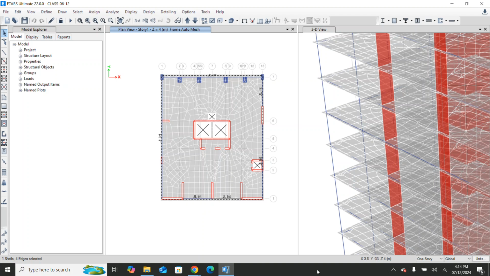Okay. So we assign the cell, and what have we done now? We selected all the frames, and we have assigned that. We selected all those frame types, and we have assigned the auto mesh. Now what we need to do? I'll just go to the select, and I can see here get previous selections. What was my previous selection? My previous selection is my beam, columns, all these things we have selected. So I select that previous selection, and I'm just going to do here assign